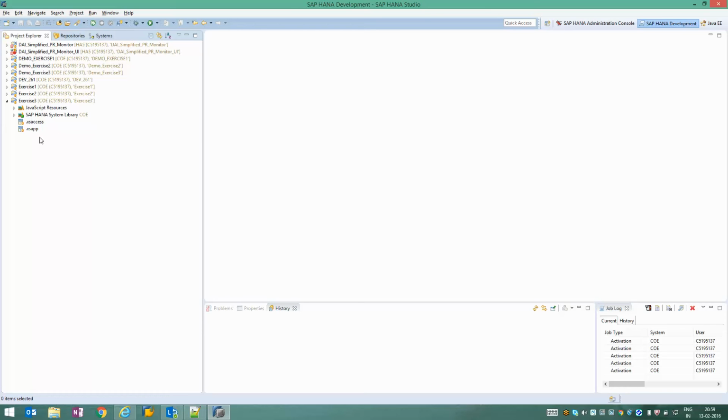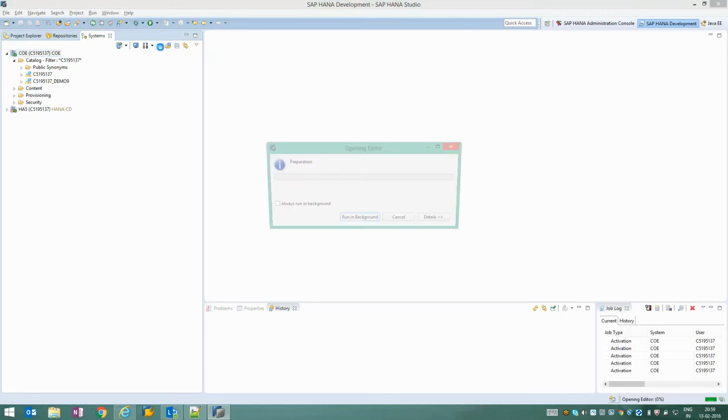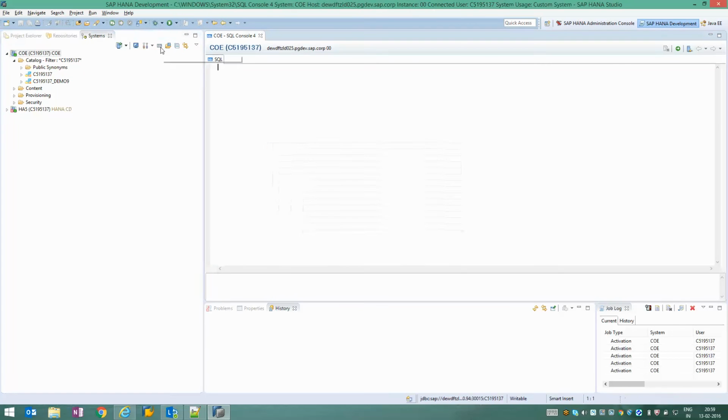Now, in HANA, we use something called a file-based repository object. The reason behind that is, let's say for example, if you go to the system section, you will be able to actually see the server which you have configured. Now, select the server and you can click on SQL command. Now, here you can directly execute your structured query language for creating the schema, such as create schema, and you can give the name for the schema and you can execute it.